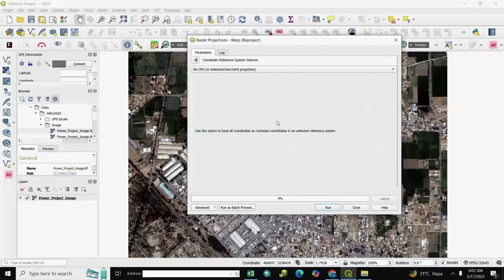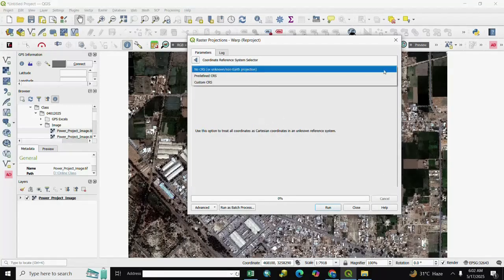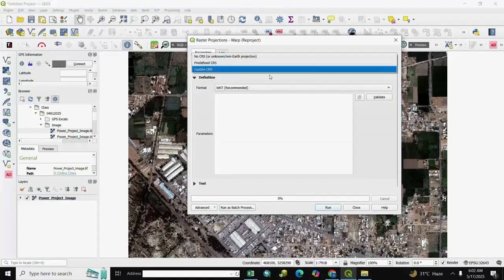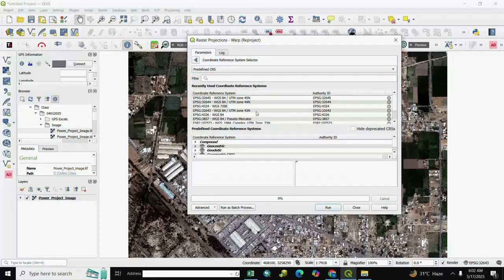If you want to target your projection, you select the target as per your requirement. Target projection means if you have 43 north projection and you want to change to 44, you select 44 here.